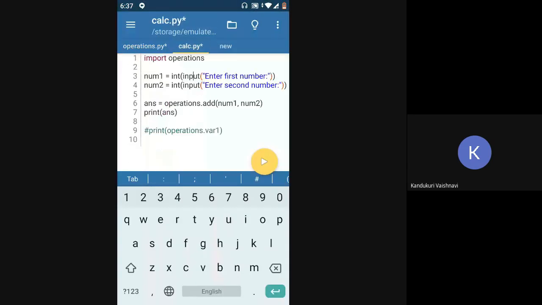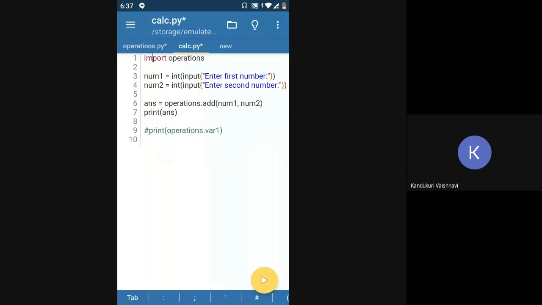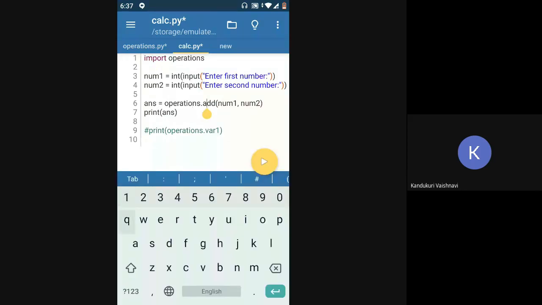Once this is imported, that is the only time the whole operations.py file will get executed. After that point, nothing will get executed unless you specifically call a function name.